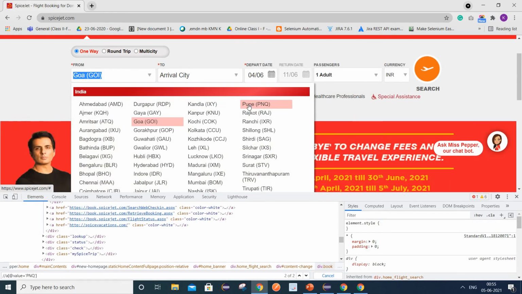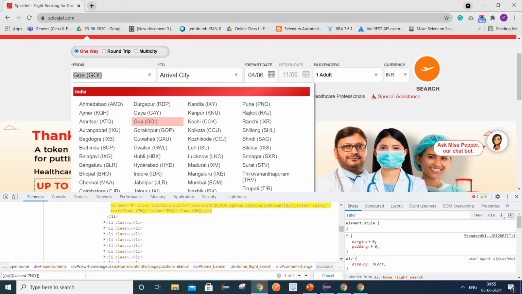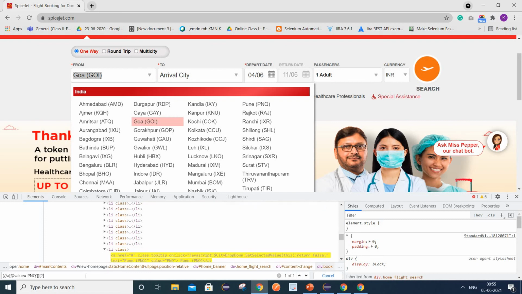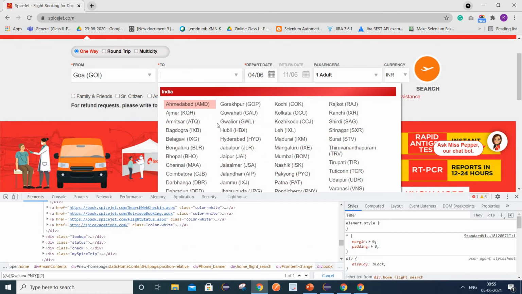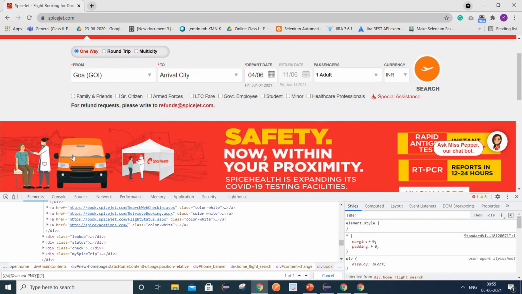So how to fix this? To fix this, we can use the concept of indexing. What I will do is wrap this XPath in brackets and put the index number 2. So it will now identify the option which is displayed here only.